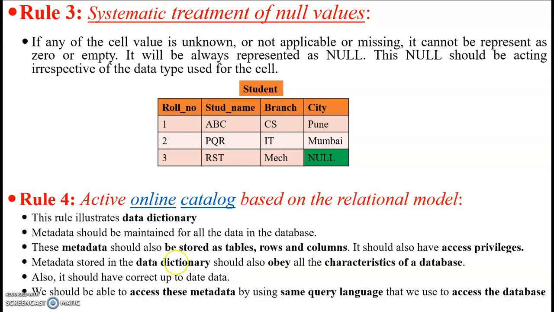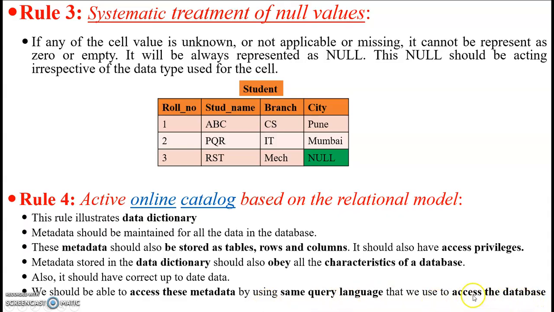So this metadata which is stored in the data dictionary should also obey all the characteristics of the database. So it should have correct, up-to-date data. Even if it is metadata, that means data about data, it should have up-to-date information about that data. Otherwise, inconsistency can generate. We should be able to access this metadata by using the same query language that we use to access